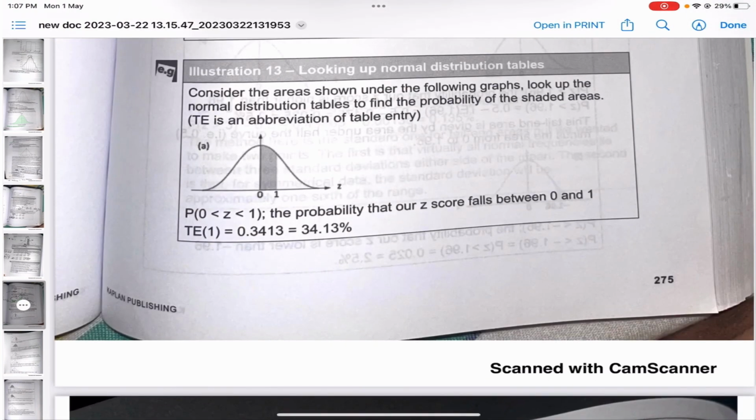Consider the area shown under the following graphs. Look up the normal distribution tables to find the probability of the shaded areas. So the probability that our z-score falls between 0 and 1 is 34%. So what do I have to find? I have to find